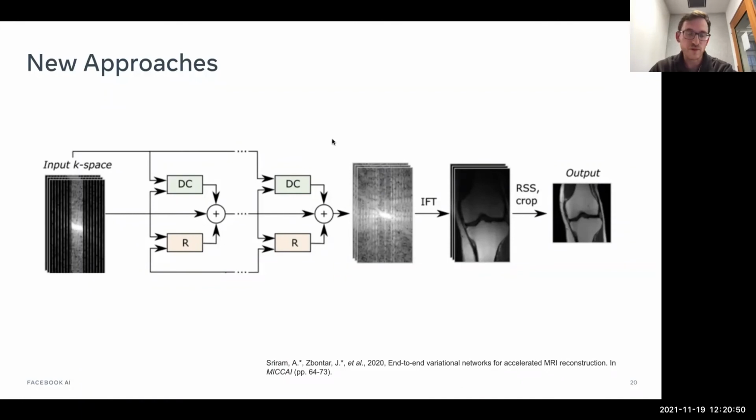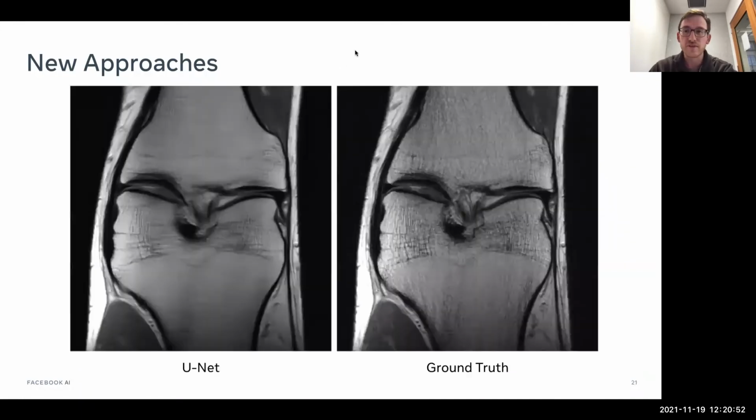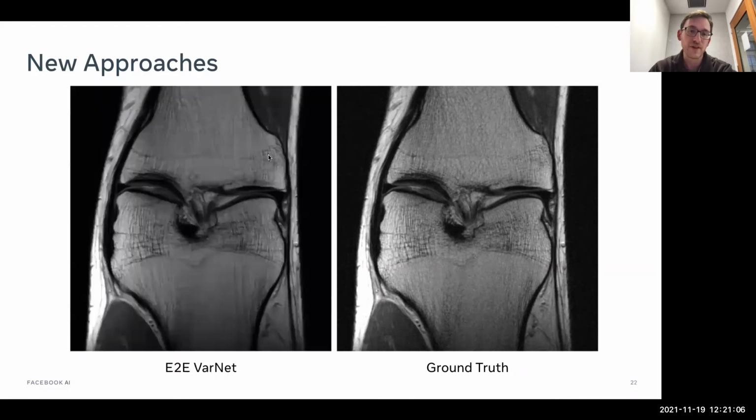And the improvements over the unit were pretty substantial. So here, going back here, I'm showing a unit example. And by the way, I just want to point out, this is a pretty big unit. If you run this unit on fastMRI, it will fill up a 32 gigabyte GPU. And even still, this is the image you get from it, and the variational network of similar capacity gives a much better image. So now you can see we're getting a lot of those textures back. And I think most people can pretty clearly tell this image is quite a bit better than what we were having before.